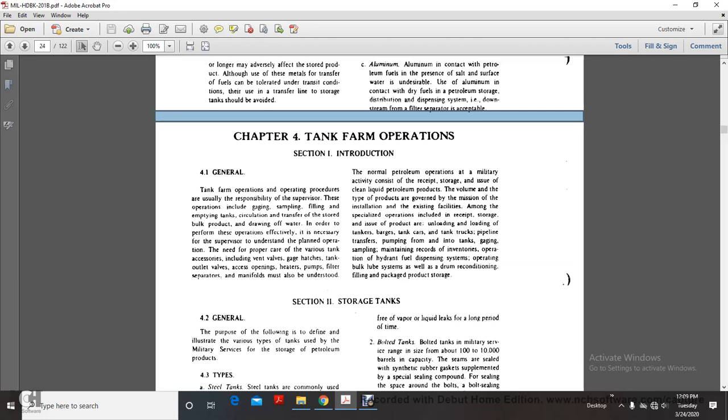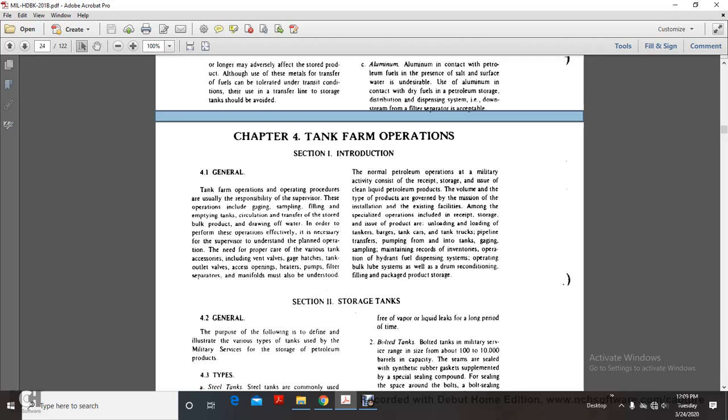operation, the need for the proper care of the various tanks, including the vent valves, the gauges, hatches of the tanks, outlet valves, the heater pump, the filter operation, and filter separators with the manifolds, which must also be understood. Normal petroleum operation military activities consist of the receipt of the storage issue for the clean